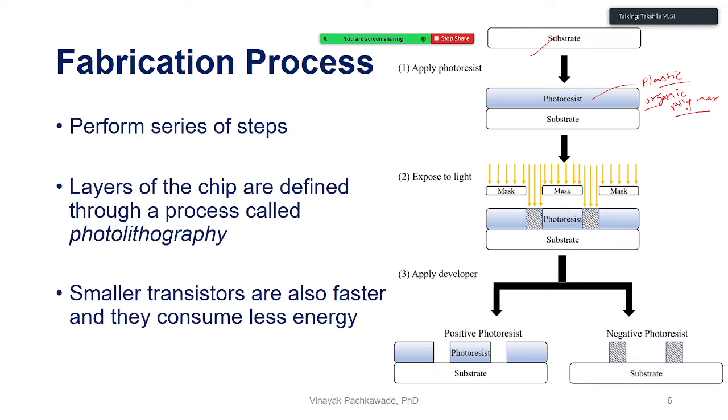So this is called organic polymer, a special kind of material, and I deposit it on the substrate. Then I expose this, and I put the mask here, here, here, and here. Mask means it's just like covering our face with a mask in the coronavirus crisis. We are not exposing a particular area on our face to the outside environment. Similarly, masking here means I am not interested in exposing this particular area to the ultraviolet light coming over. So I properly position the mask in this area, and then I expose